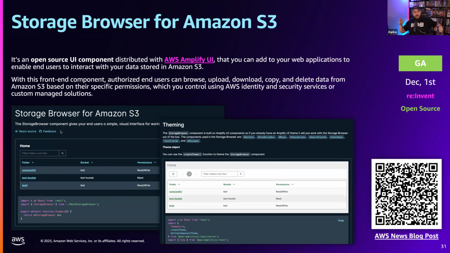You could do that with a bunch of API calls and nicely format it in your front-end application. Or now you can use this open source Amplify UI component, which enables you to plug in the contents of an S3 bucket as basically a file directory on your front-end application.